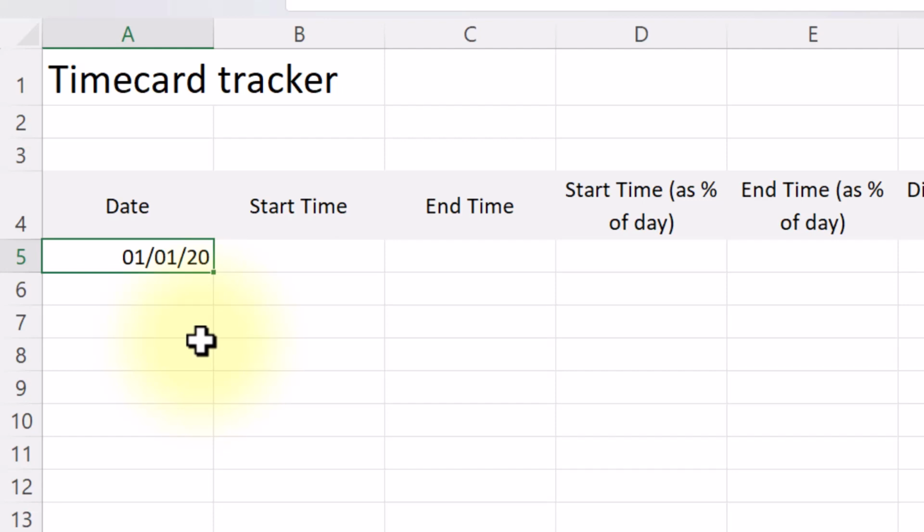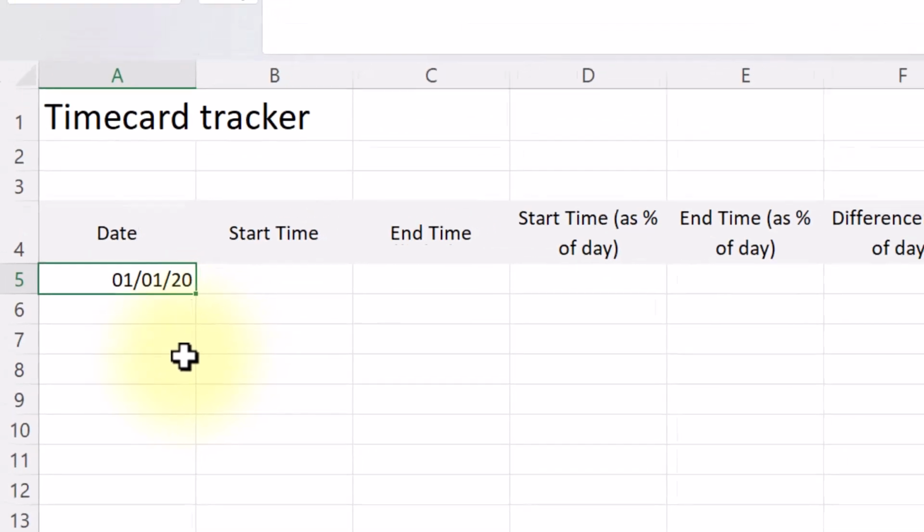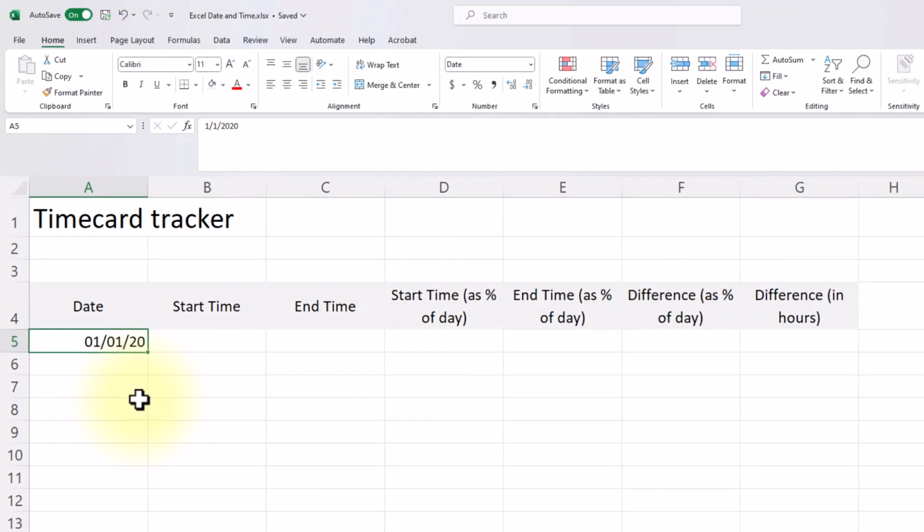So how does this happen? When I type a date into Excel, it'll automatically take a look at it, and if it looks like a date, convert it into a date. Internally, Excel stores all dates as simple numbers. I can verify this by hitting a different format on my cell. You can see that this date that I thought was actually a date of January 1st, 2020 is actually nothing more than a number,